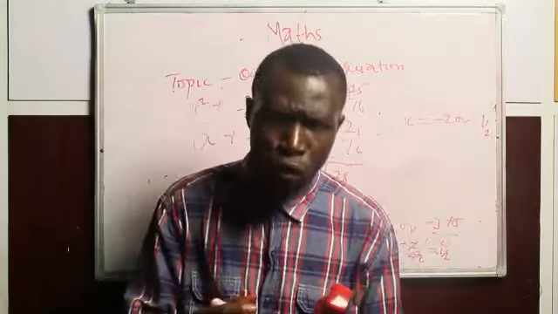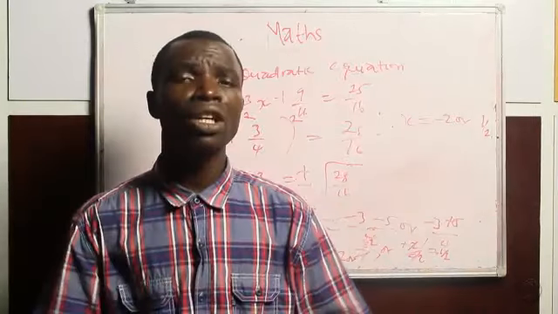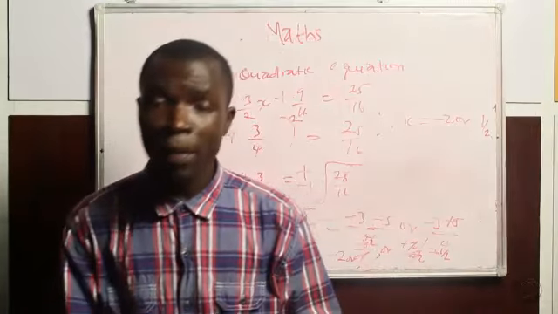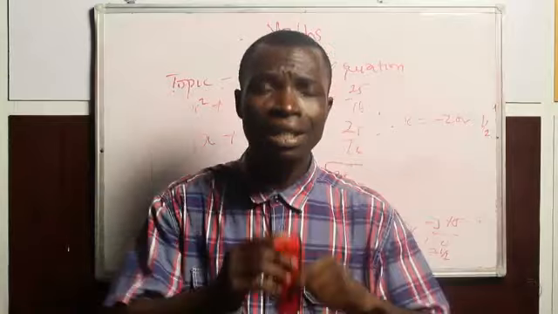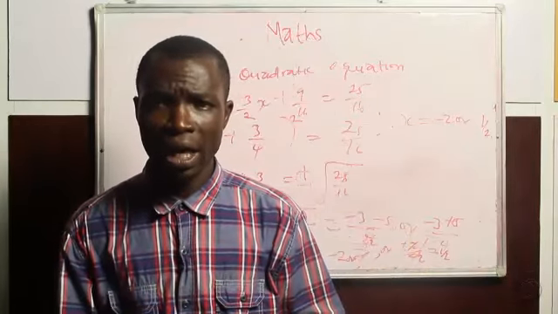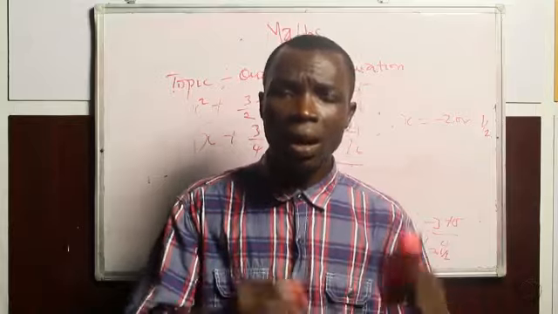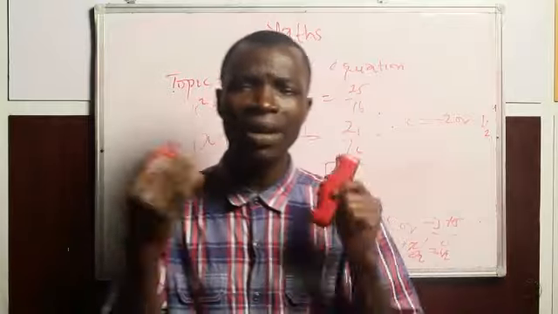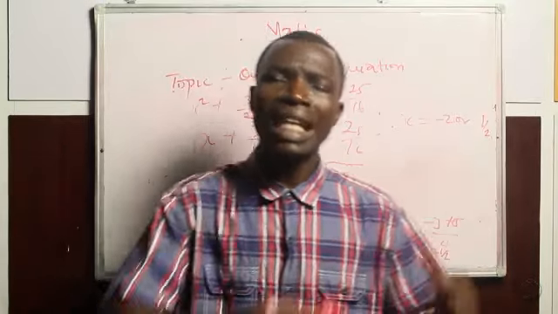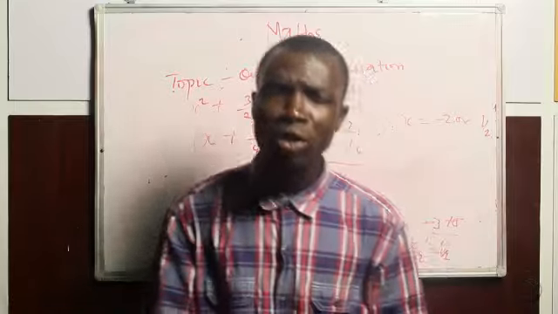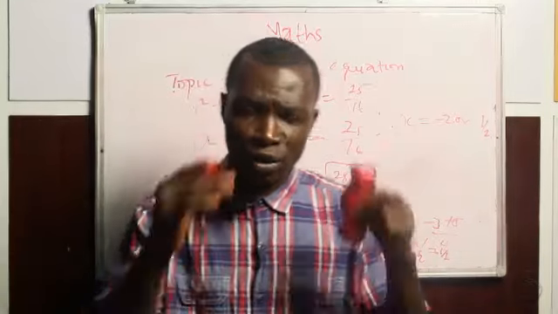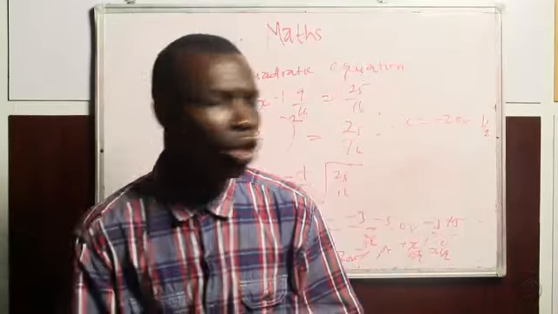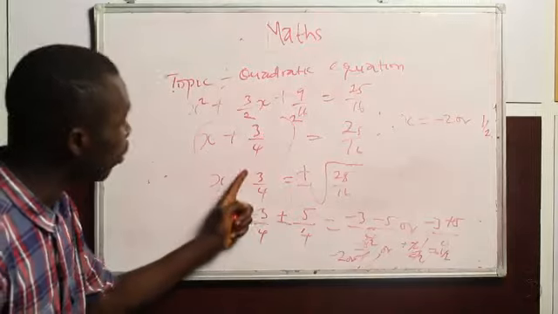Then the next step we took, we transfer the minus 1 to the other side, cross the equality side, and turn to 1. The next step we took is that we make 3 over 2 a perfect square and add it to both sides, both the left hand side and our right hand side. After which we find the LCM in our right hand side to make sure that the answer is factorizable at the left hand side. After our factorization, we discover that we have x plus 3 over 4 all square equal